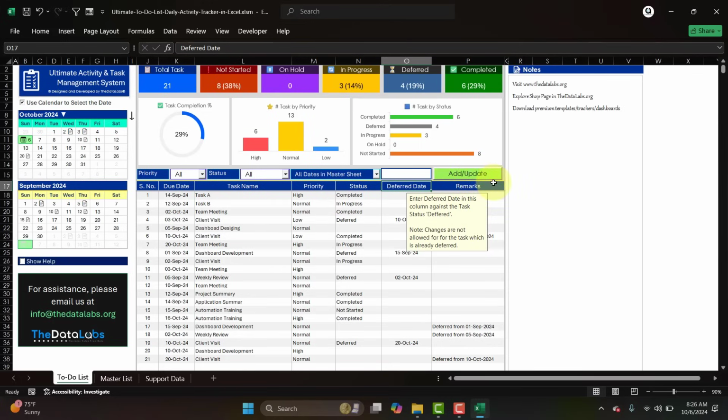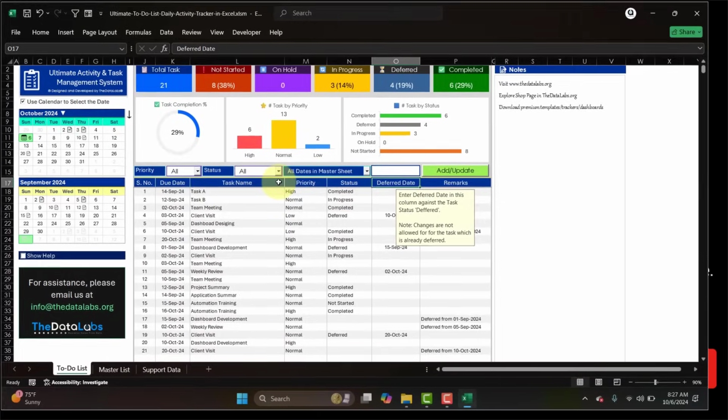Whenever you change a filter, like priority, status, and the date selection logic, or in case you click on any of the dates, this tool will auto trigger the add update command, update all the tasks with the latest status in the master list, and fetch the data with the respective filters, the filters which we have applied. Okay, so this is a very useful tool in case you want to manage your daily